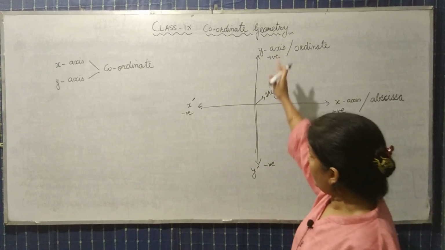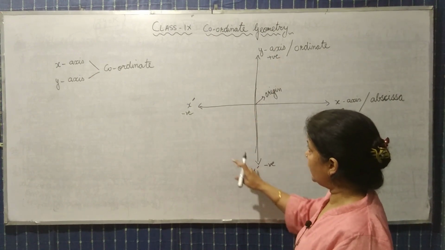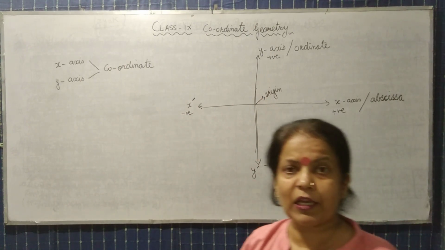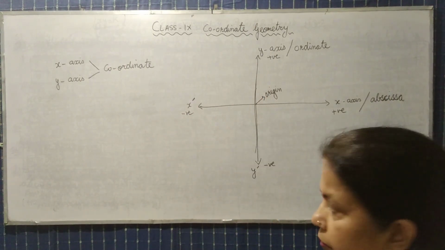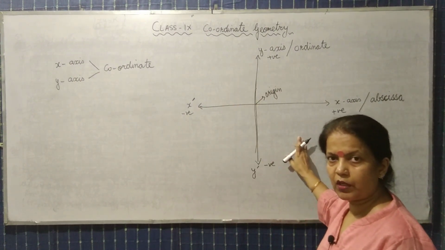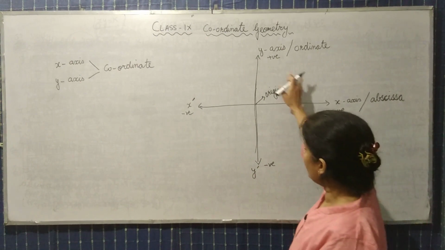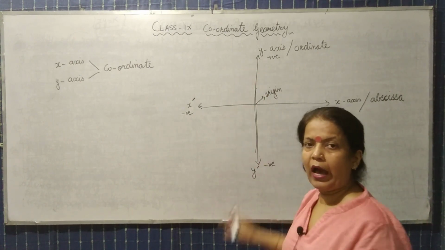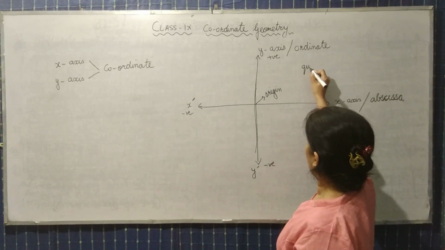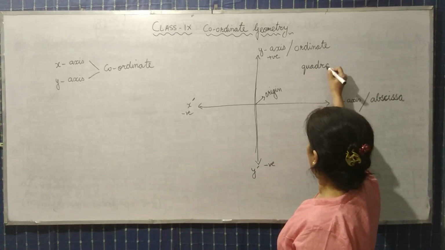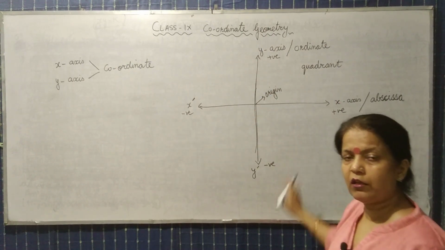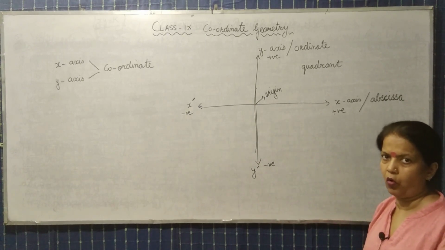अब अगर आप यहाँ पर देखते हैं, ये x एक्सिस एंड y एक्सिस ये कितने पार्ट्स में डिवाइड कर रहा है? It divides in 4 parts, isn't it? And these 4 parts are called as quadrant. देखिए, quadrant ये कहलाता है. All the 4 parts separately are called quadrants.